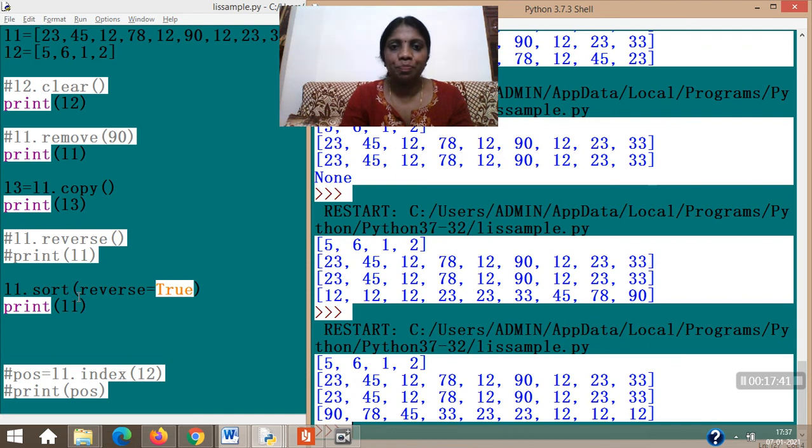So how many functions? First, of course, you will learn your corresponding commands. That is your clear, then remove, then pop. That's popping, removing, clearing. We know that. We are not going to finish it off because the time is running and I have to cut short this video. Then we learned copy, which copies a new list. Then we learned count, which counts the number of occurrences. Then we learned index, which gives you the index. Then we learned reverse, which reverses the list. Then we learned sort, which sorts your existing list.